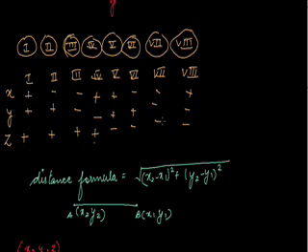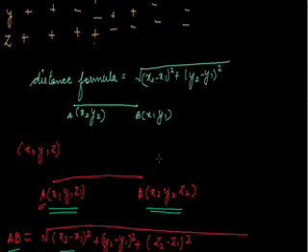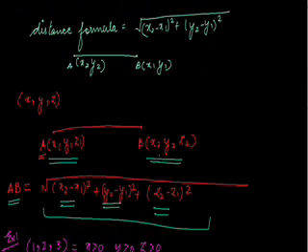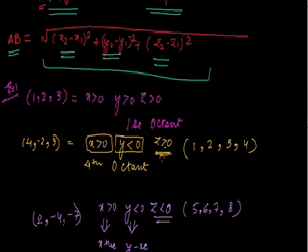Initially we had a distance formula which was equal to under root of (x2 minus x1) whole square plus (y2 minus y1) whole square. This was the distance formula only for two axes, that is x-axis and y-axis, or I would say for points lying only in a plane. But now we have points in 3D space, so we expanded the formula to the third axis also, that is the z-axis. So now the new formula will be under root of (x2 minus x1) whole square plus (y2 minus y1) whole square plus (z2 minus z1) whole square.